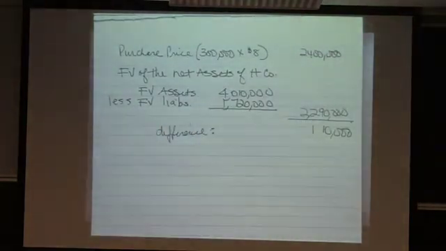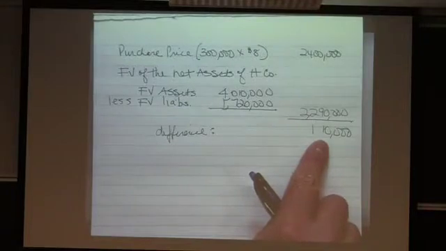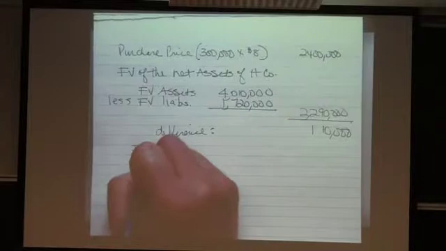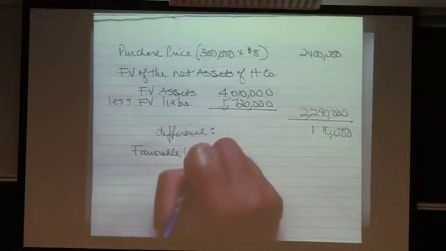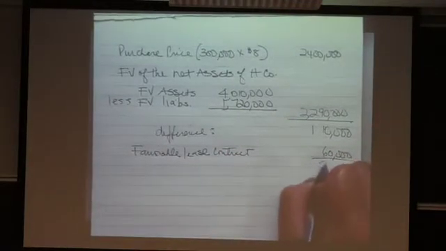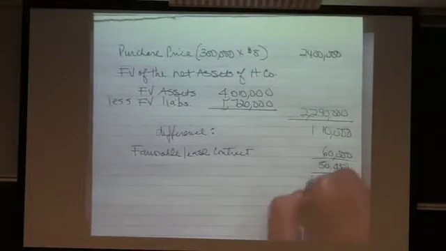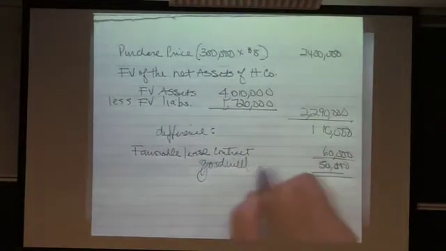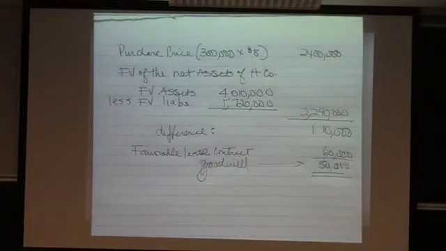Now, we need to determine the difference of why we paid an extra $110,000. Is it goodwill? Perhaps. But in this question, it told us that they had a favorable lease. So we need to deduct the favorable lease of $60,000 to determine goodwill. If we do not incorporate the $60,000, then we're going to